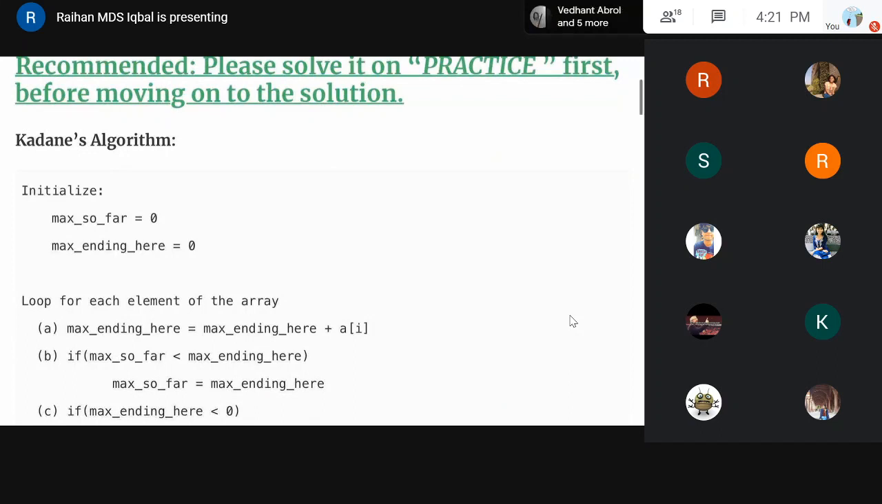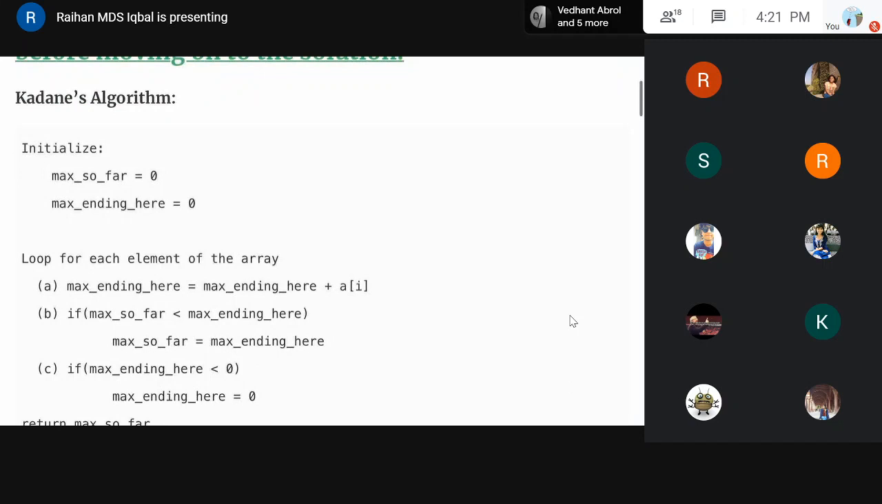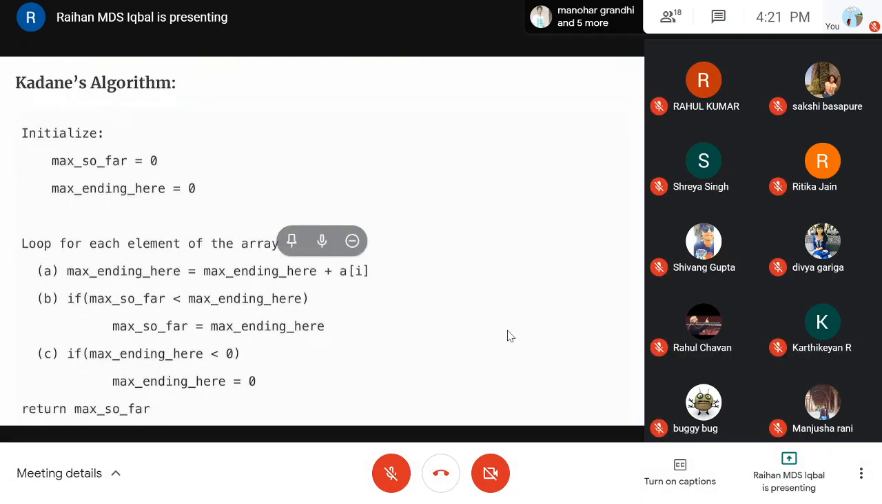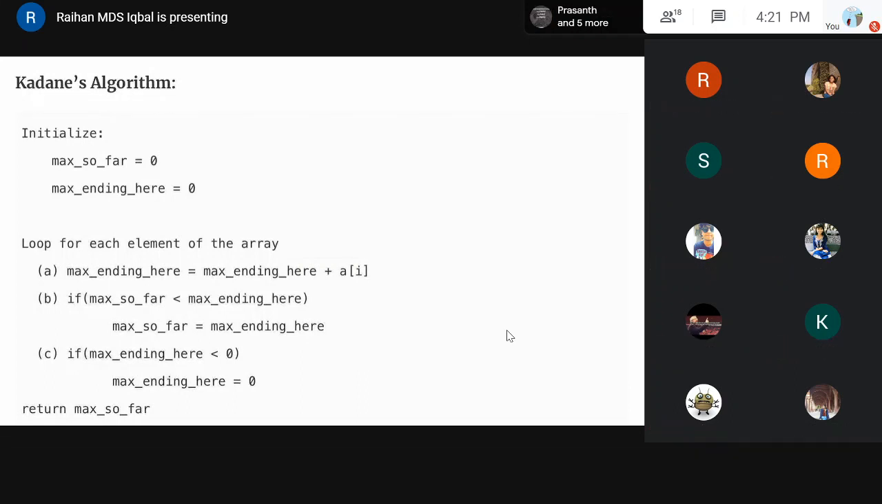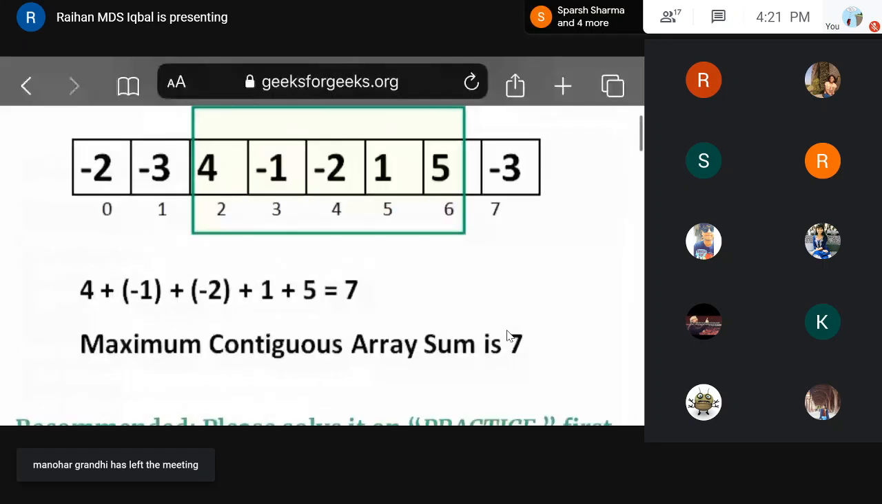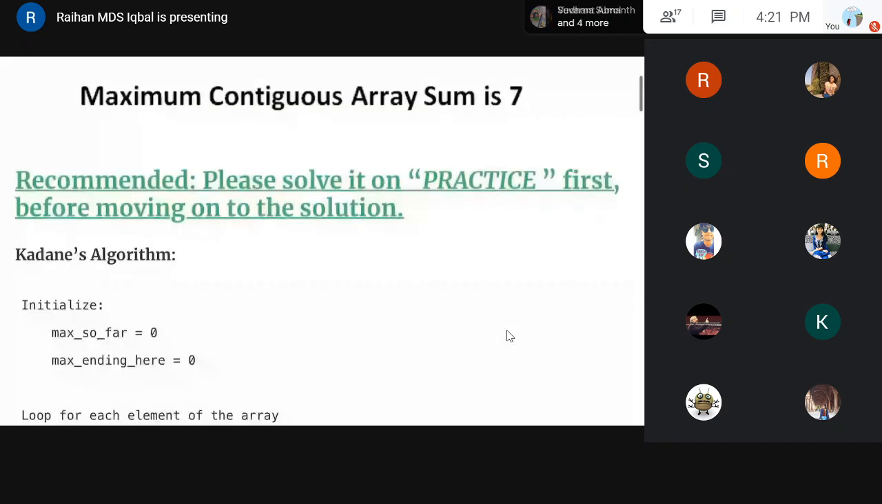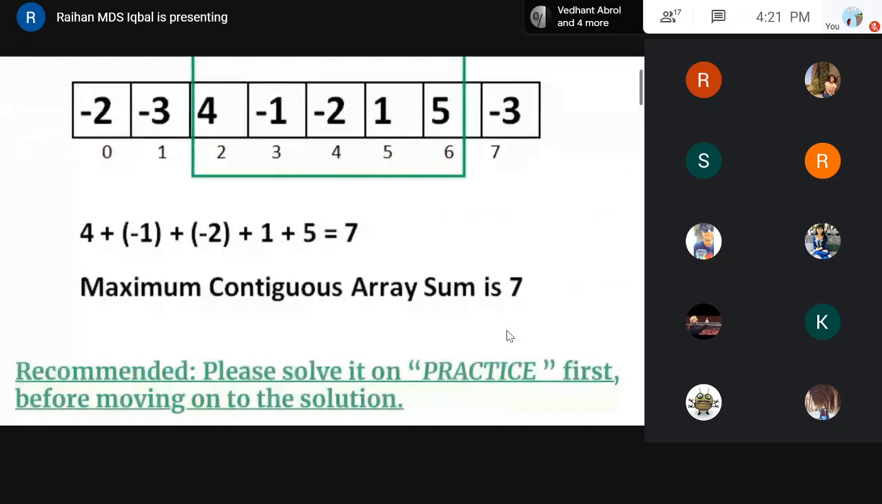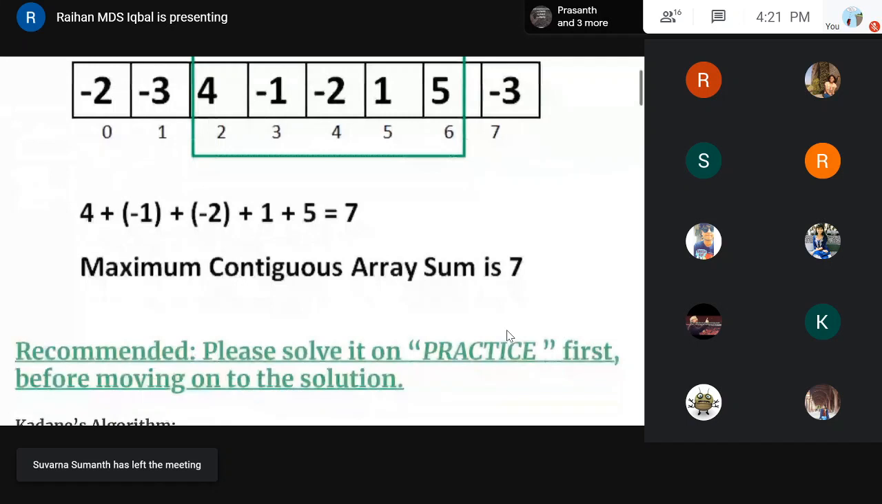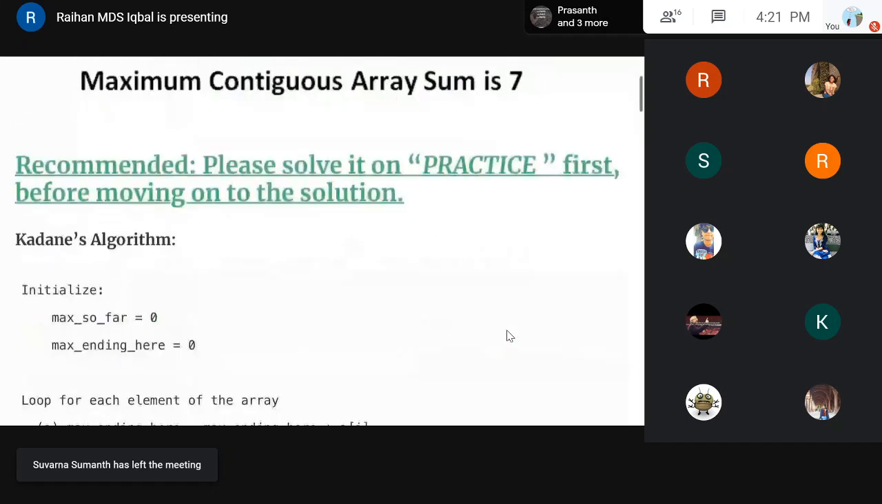Here I am going to use two variables, as shown here: max so far and max ending here. Max so far is a variable which keeps the global maximum value, and max ending here keeps the maximum value up till a particular element. So let's take the example: I am adding -2 and -3, which gives us -5. So -5 is max ending here, that is the maximum value till the first index of the array. Max so far gives us the global value, and both the values